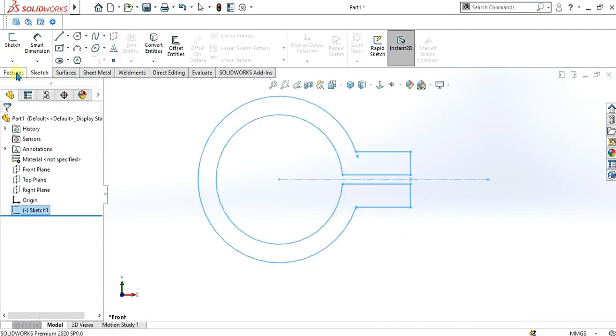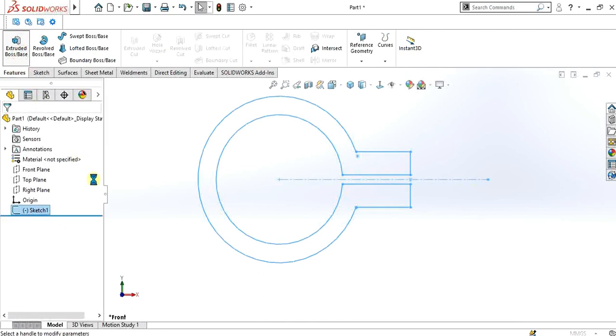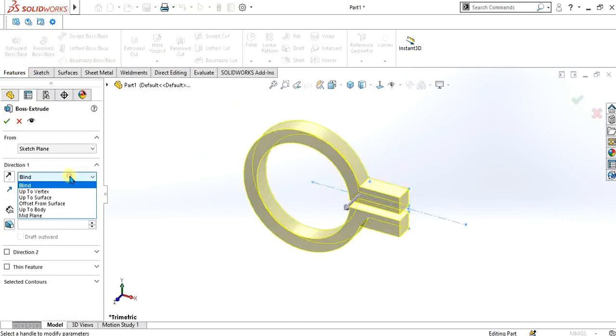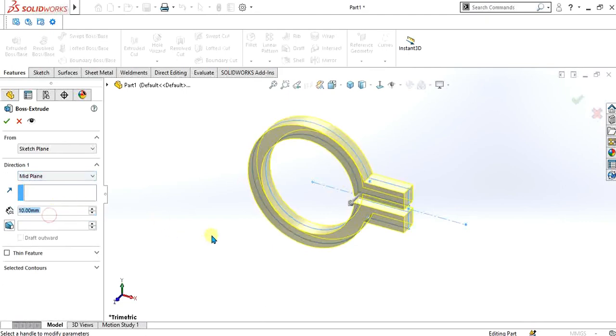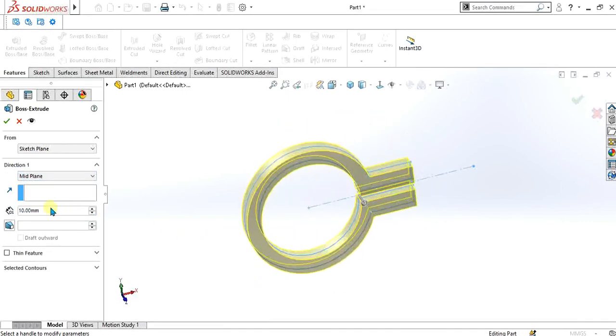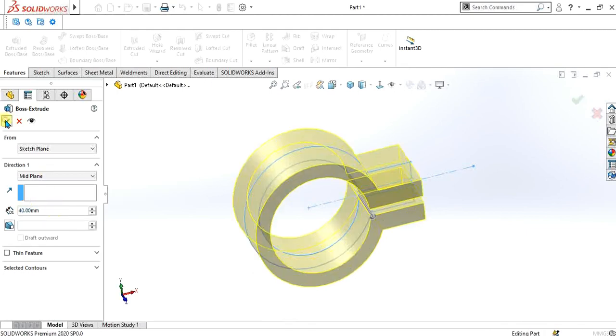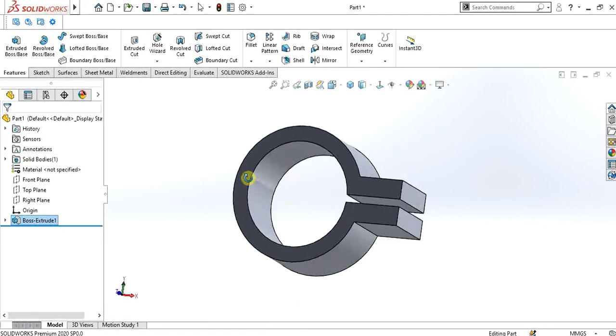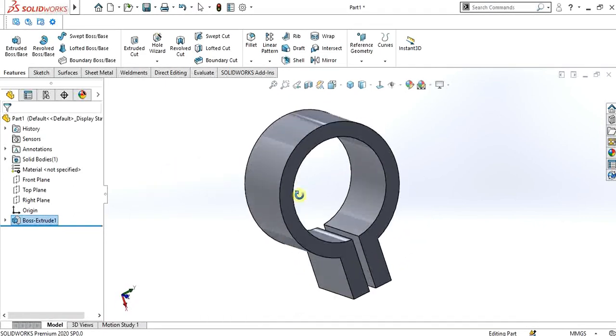Go to exit sketch, select feature, select extrude. Make sure that you are selecting mid plane so that we can align the plane in the middle. So give the value of 40 mm. Select OK. So now our first part is ready.